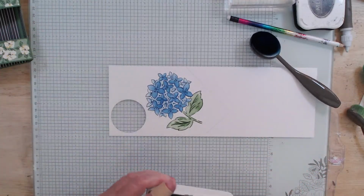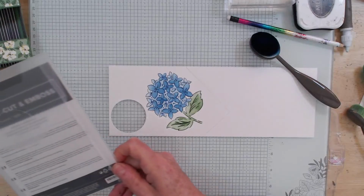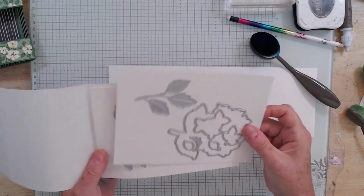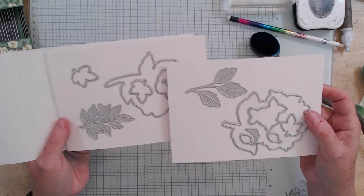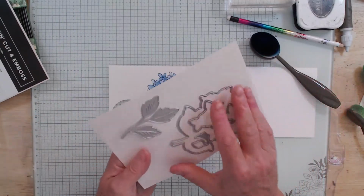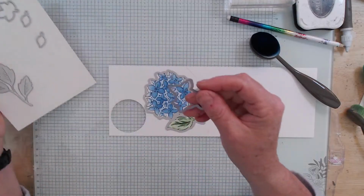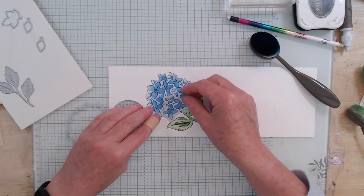There you go. So they have the dies to cut these out, the Thankful Garden dies. You have both flowers, the hydrangea and the daisy, plus some extra leaves that you can do with just plain cardstock, plus all the little bits and pieces. Now the good thing with this one is you can cut out the whole hydrangea there, so that's the one to do the whole one. Then I've got this little one here, which if you bring it in and work it out, is actually just this little,